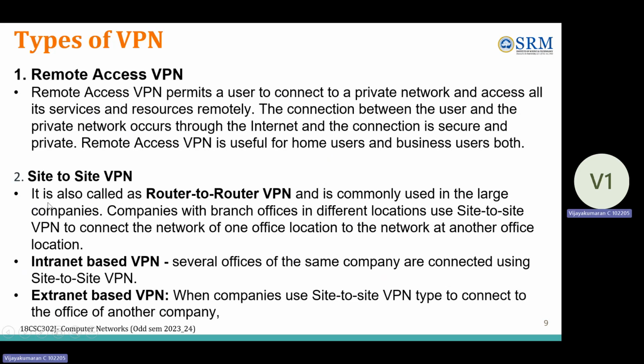Then the second category of VPN is site-to-site VPN or router-to-router VPN. This kind of VPN is implemented in the router or the switch that is commonly used in large companies. So companies with more branch offices located in different locations can use